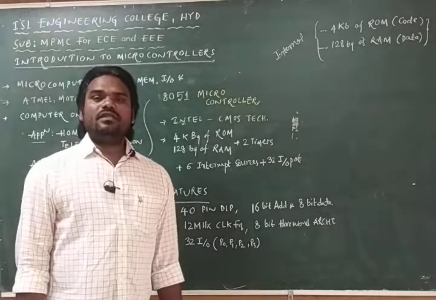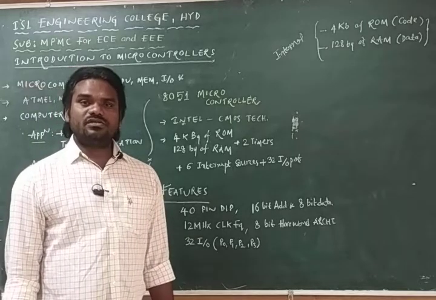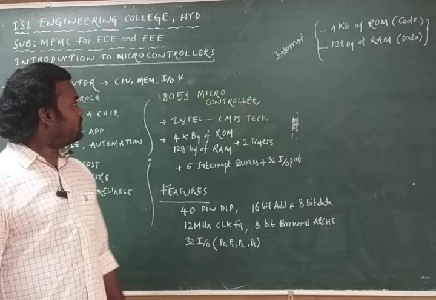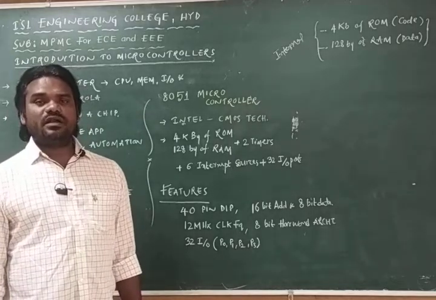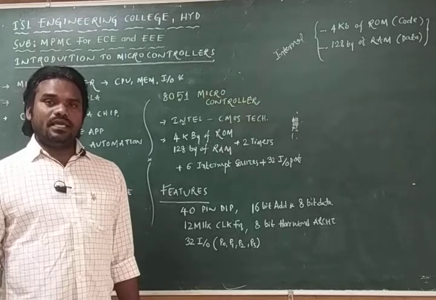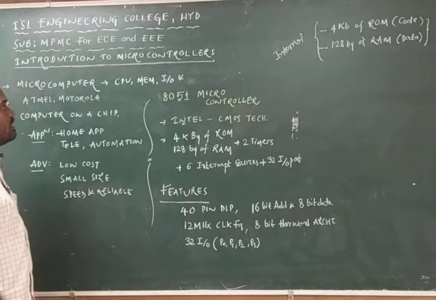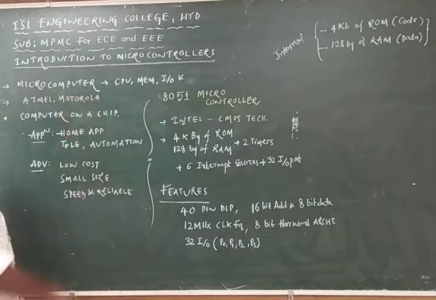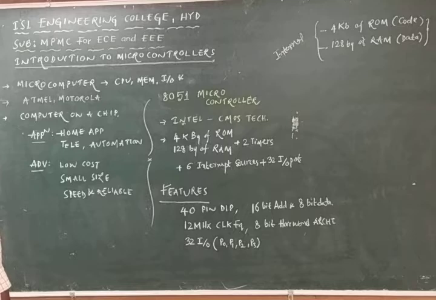So the other name for the microcontroller is a microcomputer, and a computer consists of all the parts like CPU, memory, input output devices, and some specially functioned devices. All will be there in the microcontroller, so the microcontroller is also named a microcomputer. Then I can go with some of the important things about the microcomputer, or we can call it a microcontroller.